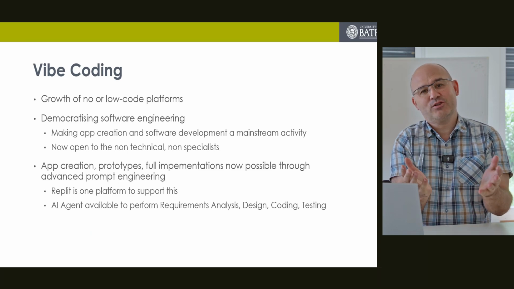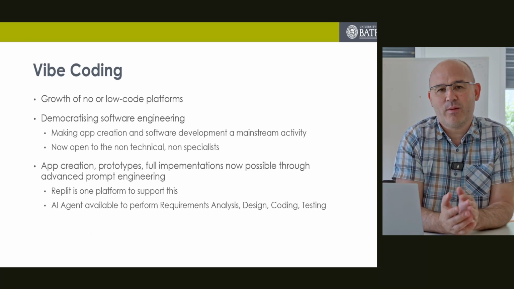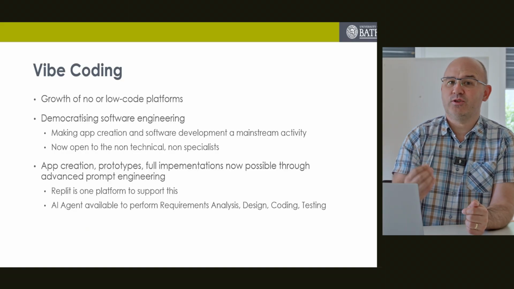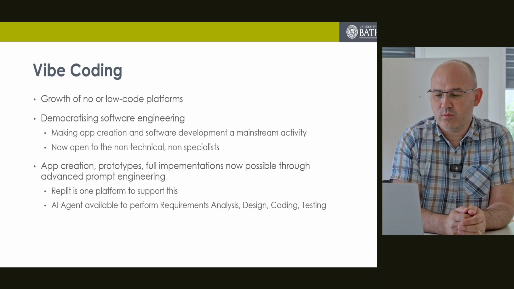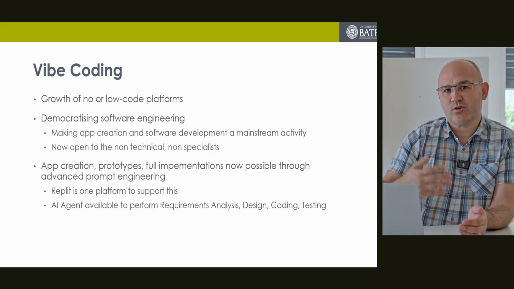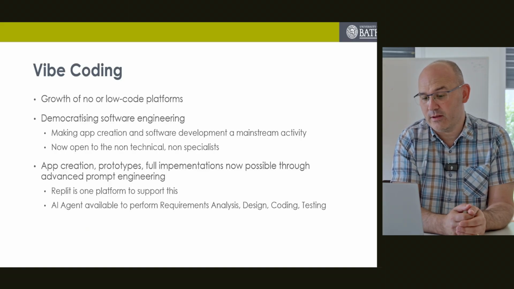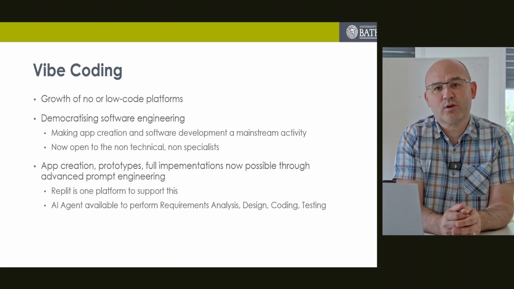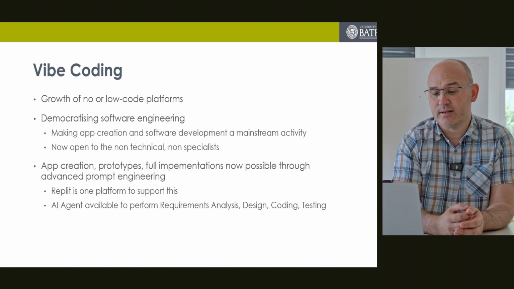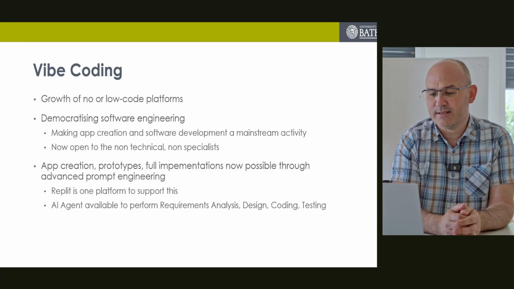Now that has implications for us as software engineers. It might well be putting some of us out of jobs, but in practice, what I believe to be the case is that those software engineers who have AI skills will be the ones who are in demand, those who can leverage these platforms to create prototypes and then identify the gaps that the AI cannot fulfill at the moment. And I believe there are several, which I'll talk about. Those people are going to be equipped with the latest skills that will be highly relevant in the workplace.